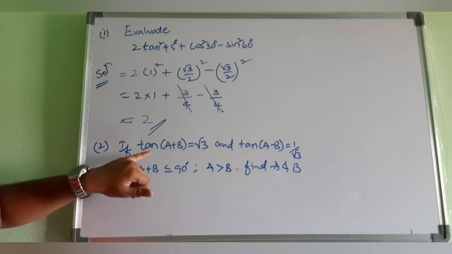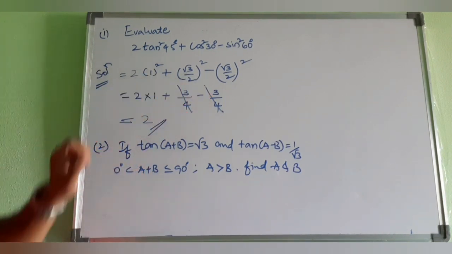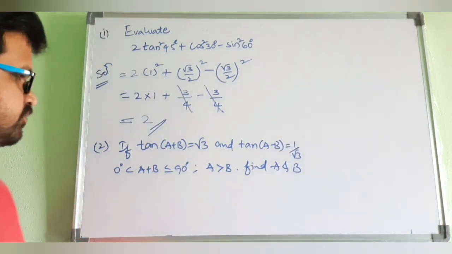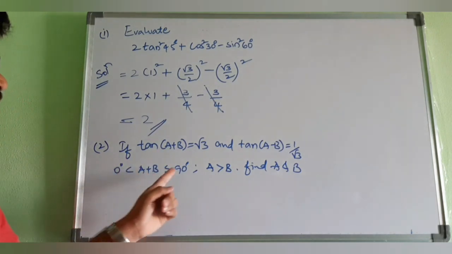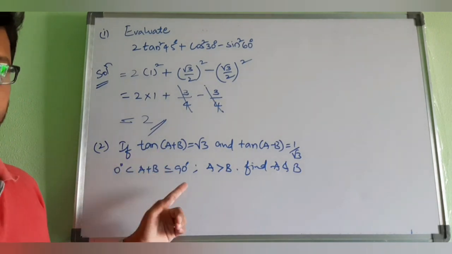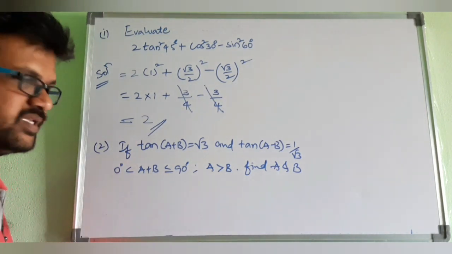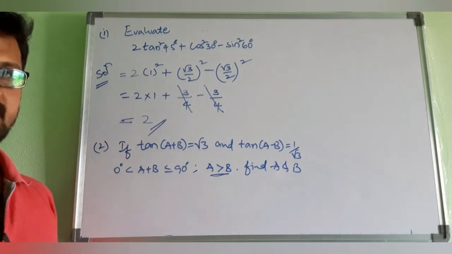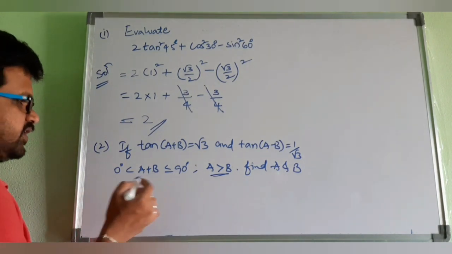So let us take one more example. If tan a plus b is equal to root 3 and tan a minus b is 1 by root 3, and the sum of these two angles a plus b is greater than 0 and less than or equal to 90 degrees, means acute angles, and angle a must be greater than angle b. This is very important. When we write that, you have to write that angle a must be greater than angle b. Find a and b. Okay, so here